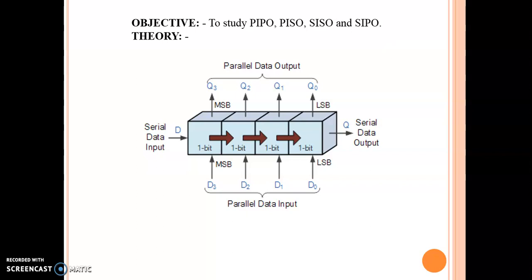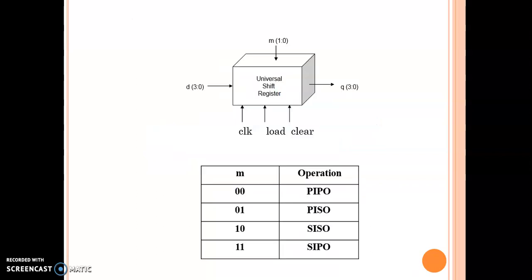The universal shift register can operate in all 4 modes and can also shift data to the right or to the left. In this assignment, we are assuming data is to be shifted to the right. The universal shift register loads the data through D0 to D3 when load is equal to 1 at every clock cycle. It can load the data either serially or parallelly, depending on the mode it operates in, and we can select the mode by using the mode pin.